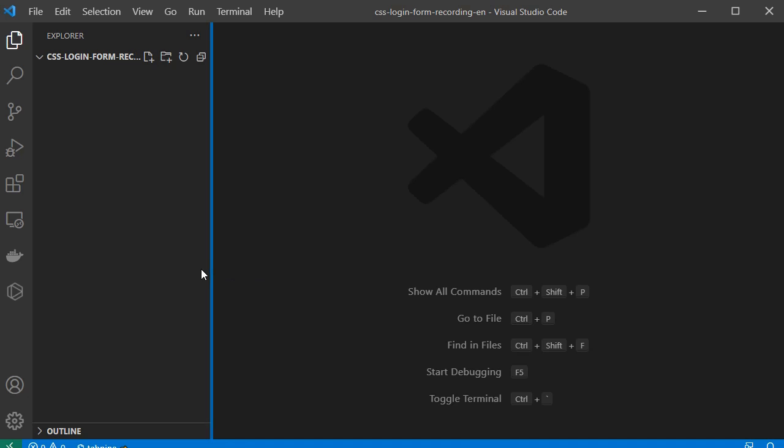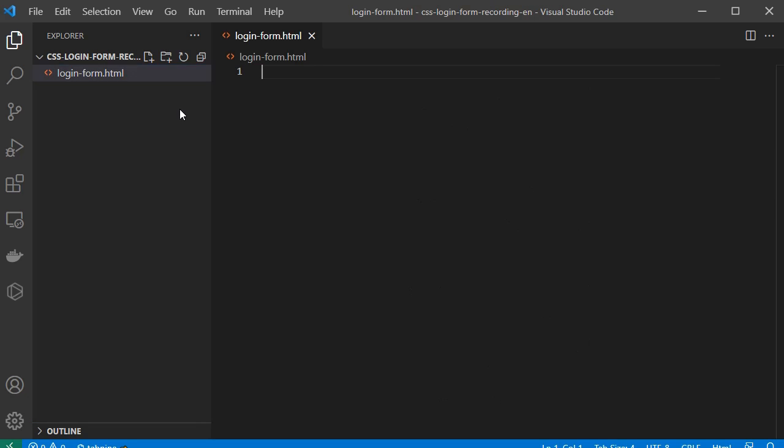We'd like to create a login form which will contain a field for username, a field to fill the password, and then a login button and a cancel. So let's just start by creating our login form.html. The login form,